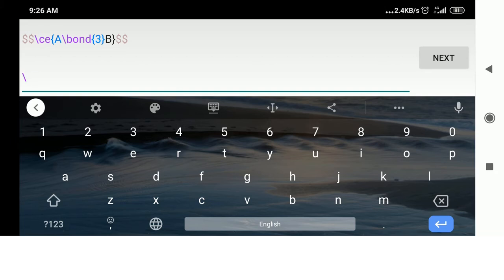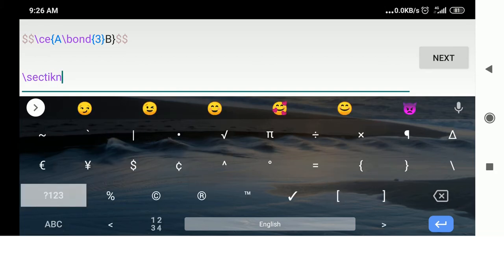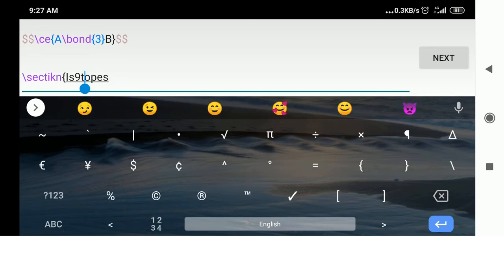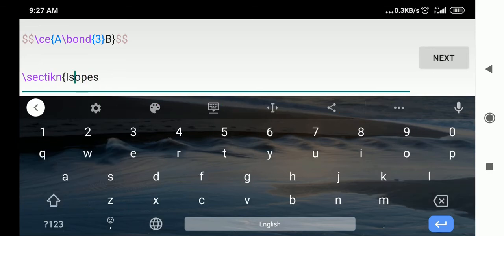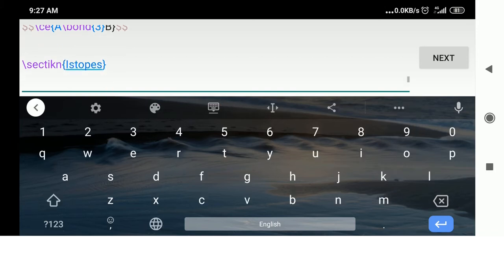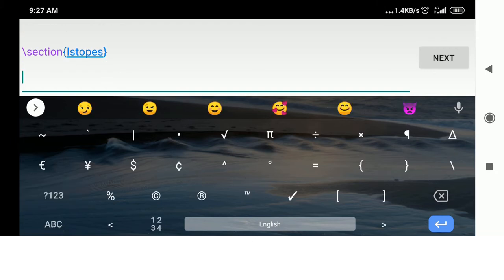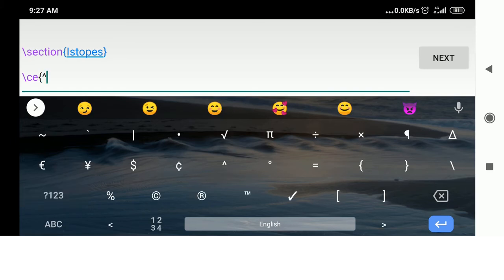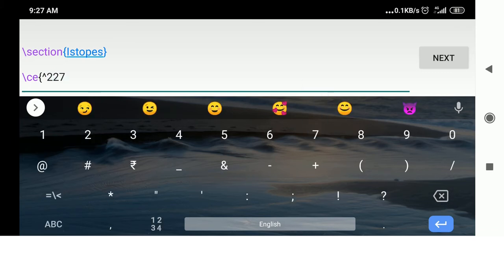isotopes. Okay, section isotopes, and we'll go for thorium isotope. Section spelling shall be correct. And for isotope, again we'll start with CE in curly bracket. We'll first start with the mass, atomic mass, and that atomic mass we'll write as 227.